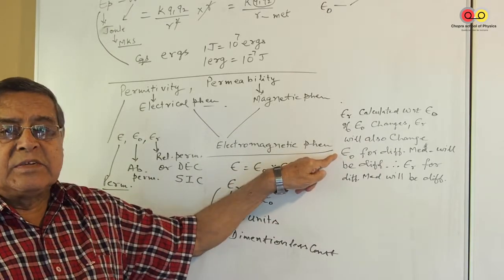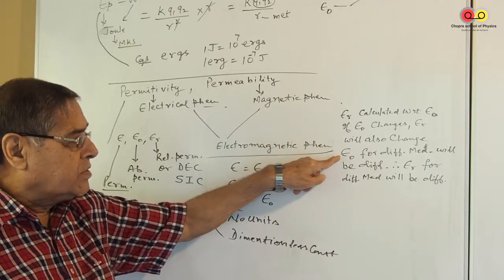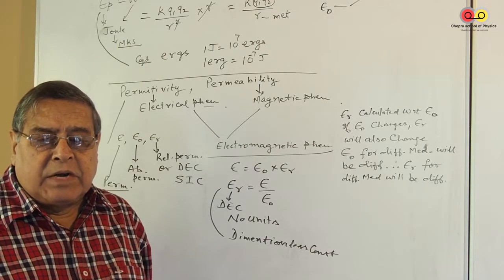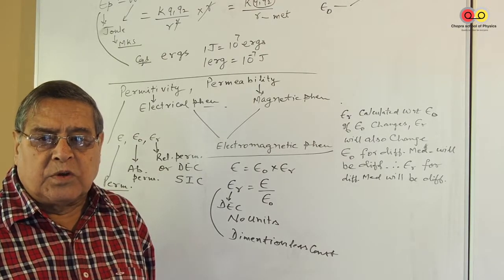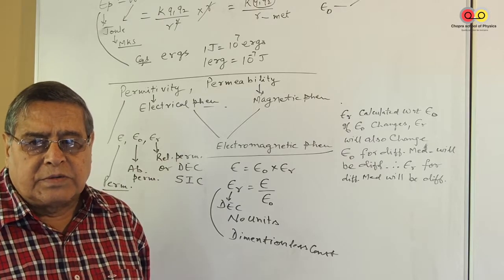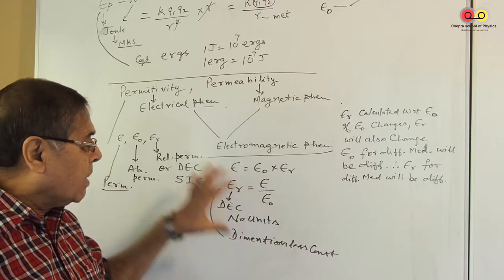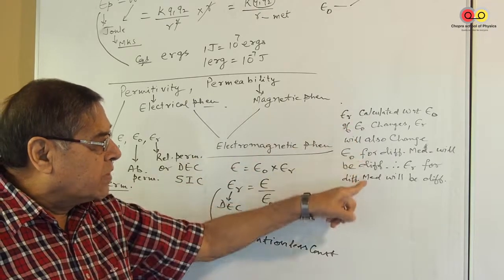The different mediums have different dielectric because the different mediums have different absolute permittivities. Absolute permittivity is a fundamental concept of a particular medium, whether it can conduct more electrical lines of forces or less electrical lines of forces. So we are not deeply going into it, we are simply remembering this formula, and this is about the conceptual